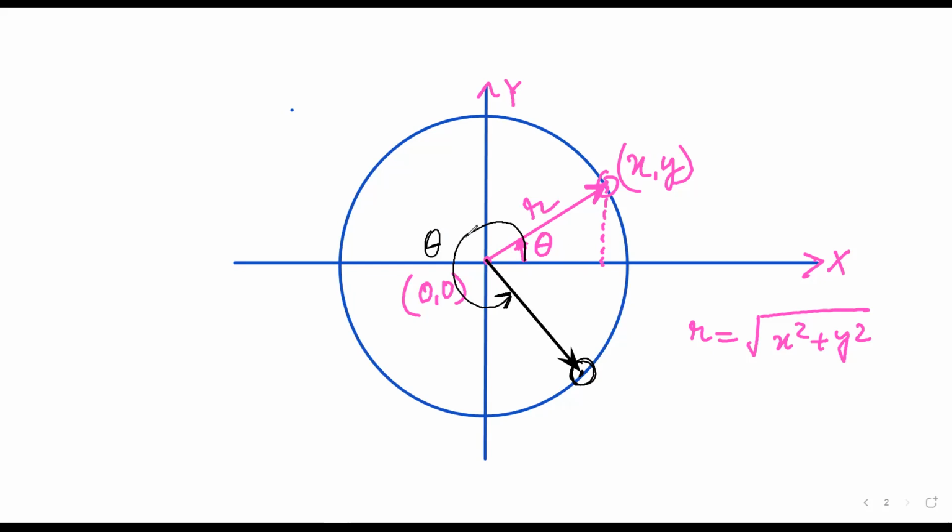Any doubt here? No. If my radius goes to the third quadrant, again the angle that this radius would be making with the positive direction of x-axis is my theta. Any doubt here? No. If my radius comes to the second quadrant,